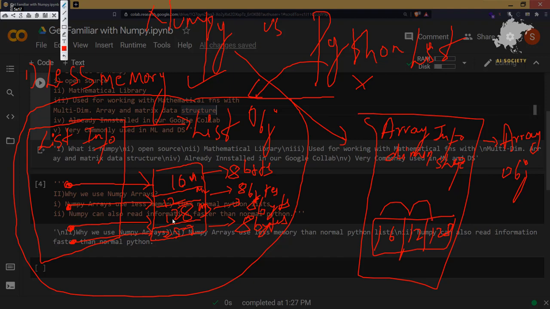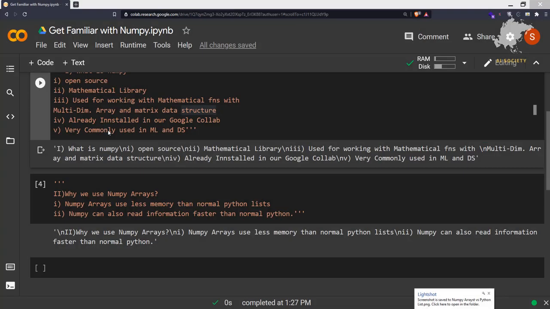But that's not the case with the Python list object. It travels over different places in your heap space and then presents you the output. So that is why it takes much more time. Let me type here speed also. That is why using NumPy for your purpose is much better than using a Python list.